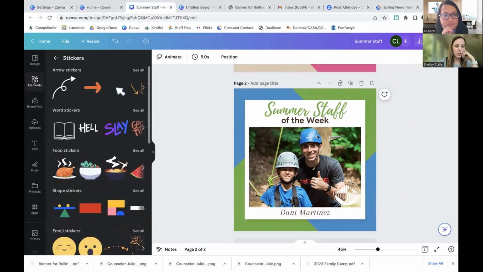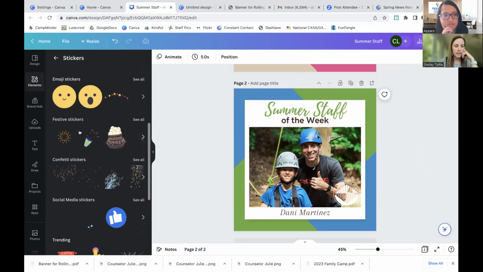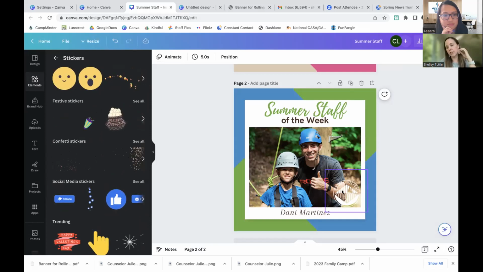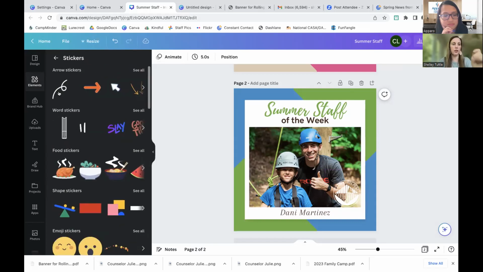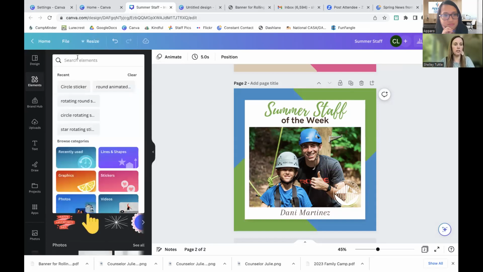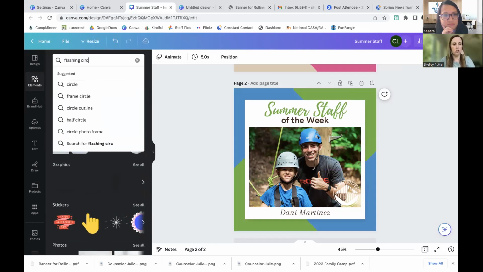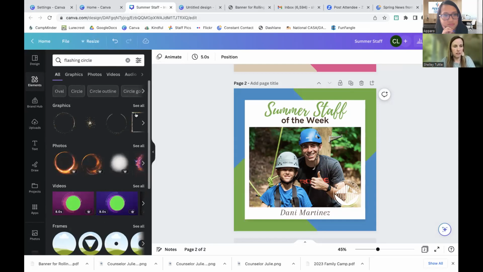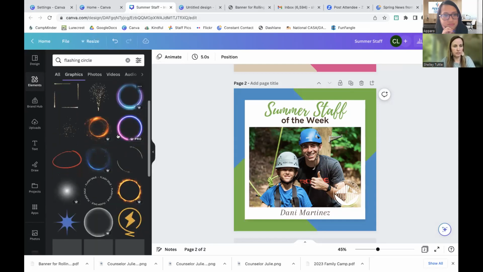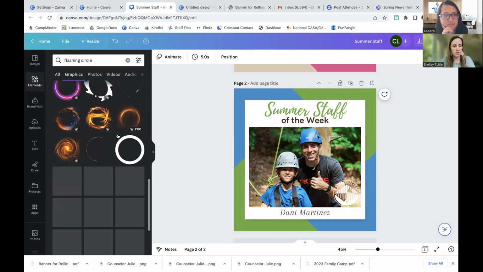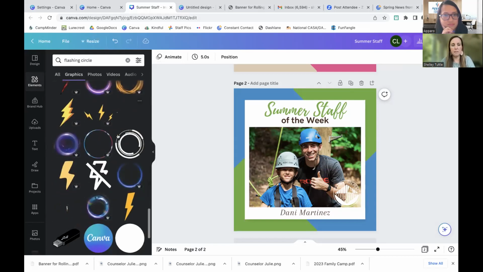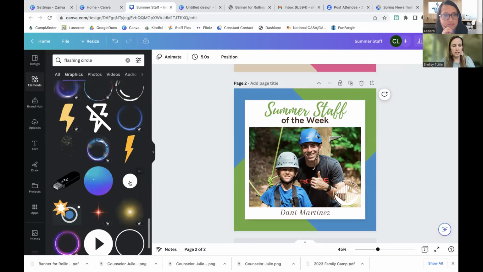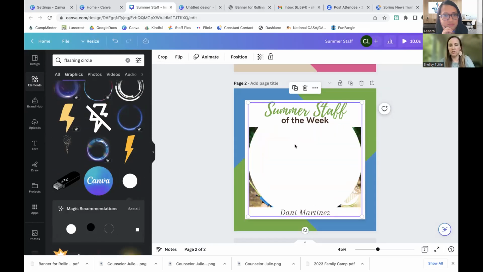Another thing with an element, you could choose something that went behind this Camp Lore crest, like that one, it kind of fades away right there. So one idea would be, let's see, a sticker that would be like a flashing circle. See if that's a thing. So these are kind of circles that go all the way around. I was thinking of one that, here we go, something like this. Maybe a little much, but